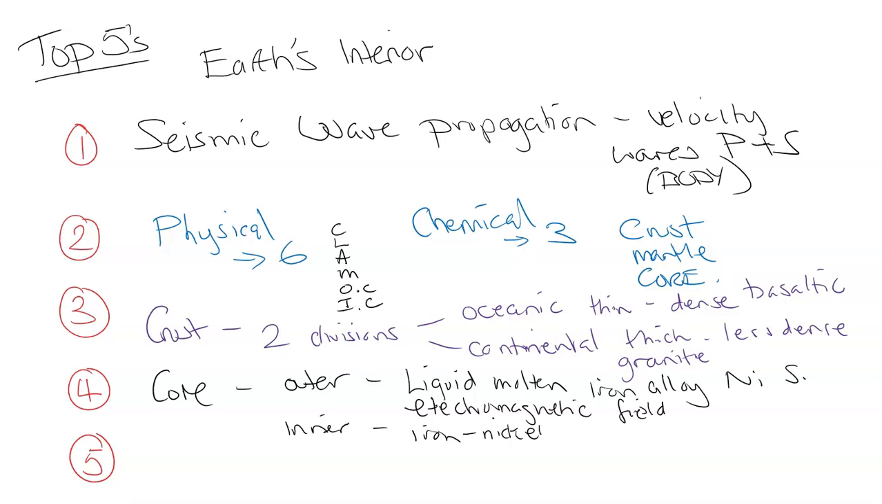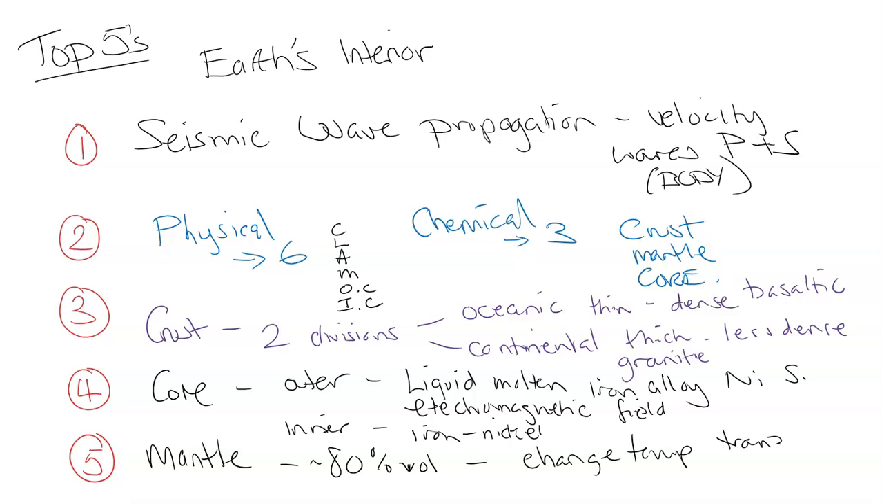And the last one on our top 5's we have to really look at is our mantle. 80% roughly of volume, the largest layer, divided into different sub-layers based on the physical characteristics, but it is a fantastic place of change in temperature, transition zones, where we have different speeds of P and S waves,